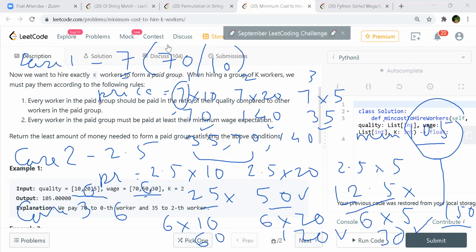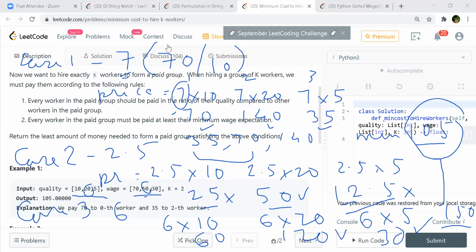So my question is, we can pay him 30, and then we have a combo of 50 plus 30. Well, the way we are trying to do it, we actually are trying to pay based on quality. We take a ratio of a particular worker based on his quality, because we want to be very fair with everyone. Whatever the quality he does, the wage we pay the others also has to be based on his quality, because that becomes a benchmark.